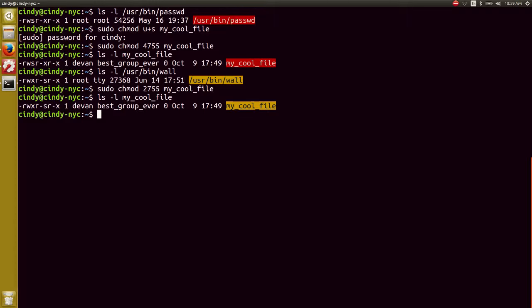There's one last special permission bit we should cover, and that's the sticky bit. This bit sticks a file or folder down. It makes it so anyone can write to a file or folder, but they can't actually delete anything. Only the owner or root can delete anything. Let's look at permissions for the /tmp directory, where a lot of programs write temporary files to, and you'll see what I mean.